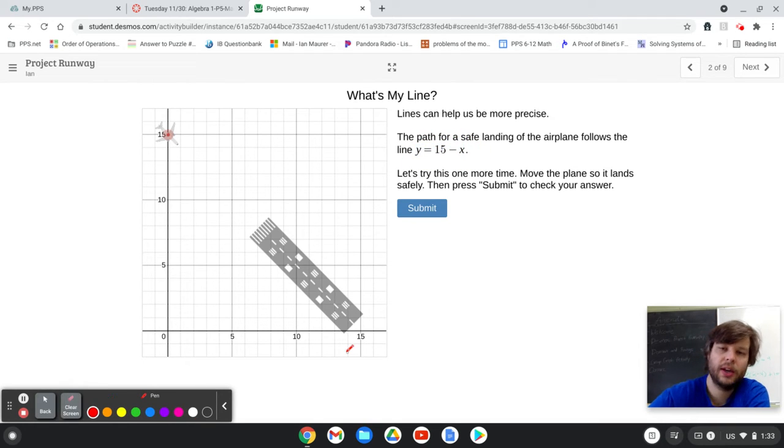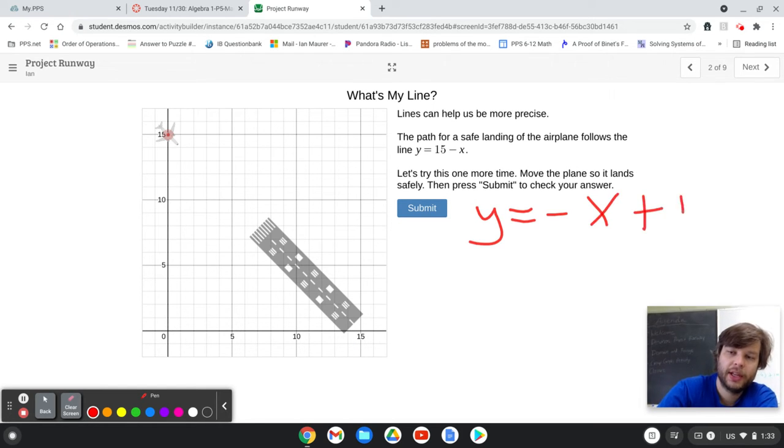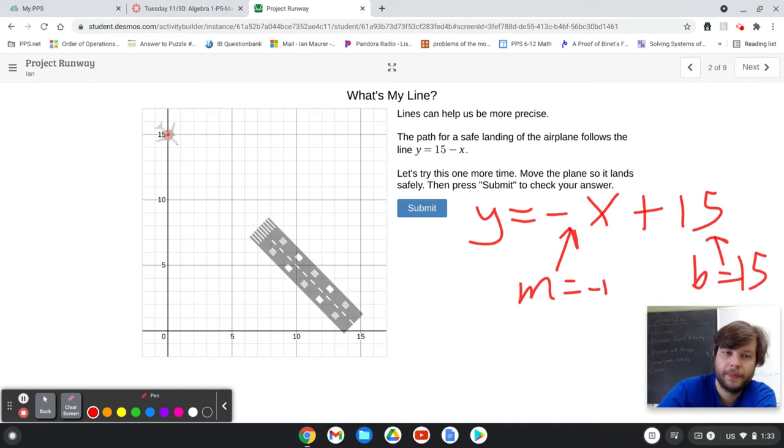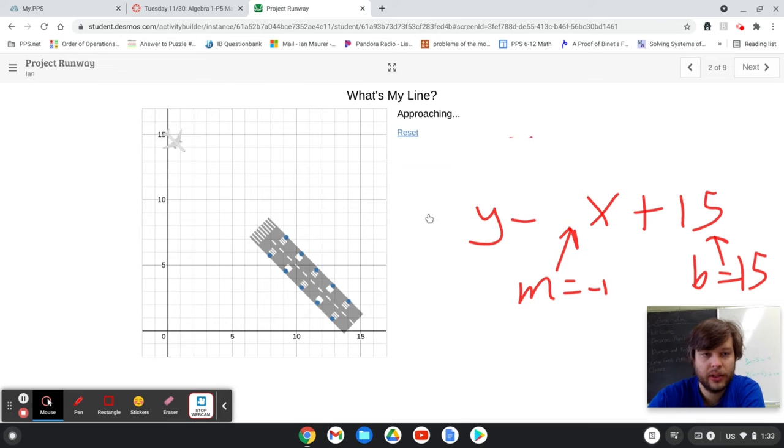We've been really working on mx plus b format, so I could rewrite that equation as y equals negative x plus 15, so we can more clearly identify that the m is negative 1 and the b is 15 from right there. And you can see that as I let the plane fly, the plane goes down a box,